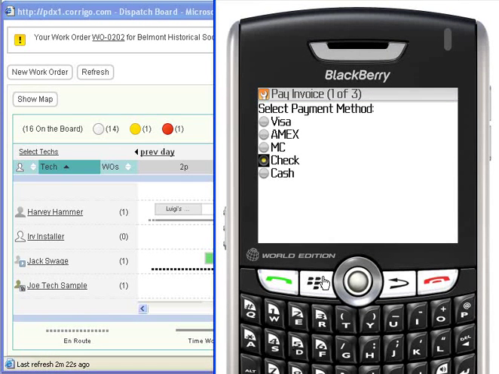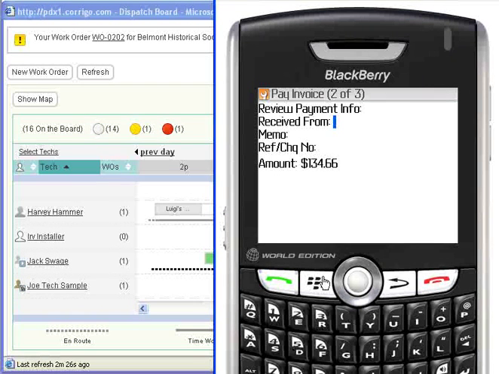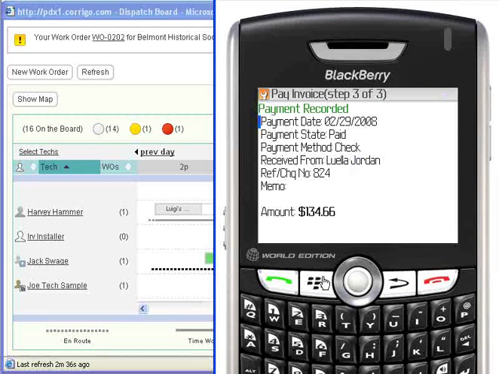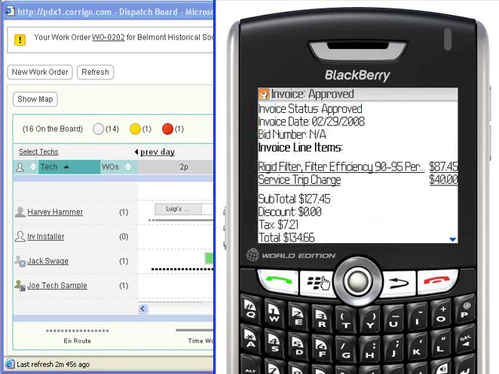In this example, we're going to go ahead and take a check and hit next. We'll say who we've received it from, Luella Jordan, and we'll indicate the check number so that it's easier to make that deposit back in the office. And it will go ahead and record that payment. So it's just that simple to get paid faster out in the field and use WorkTrack to help you do payroll better. As you probably noticed,